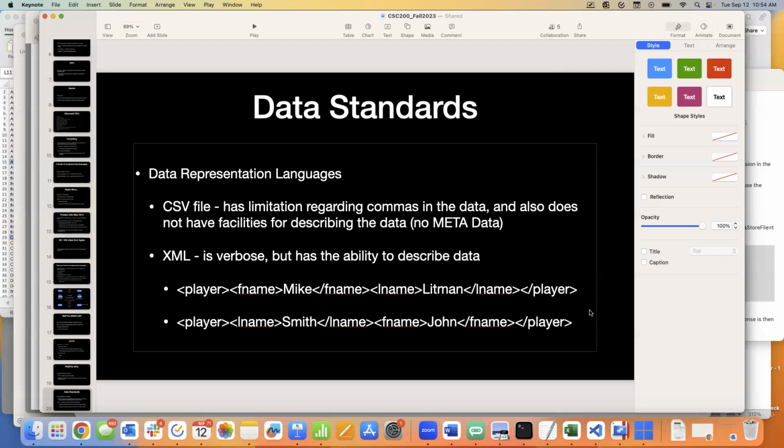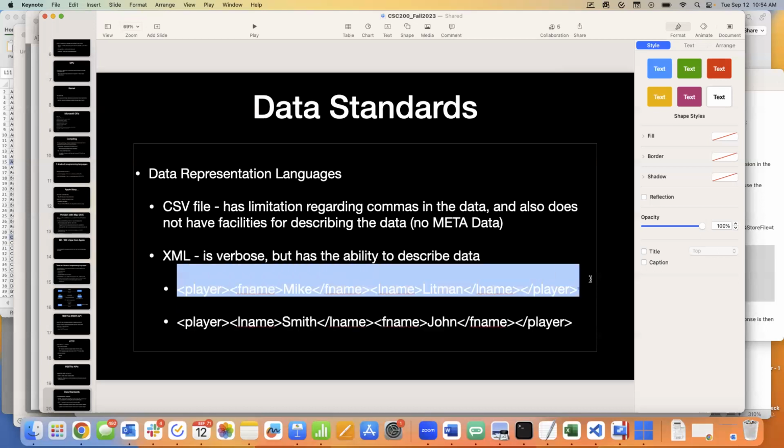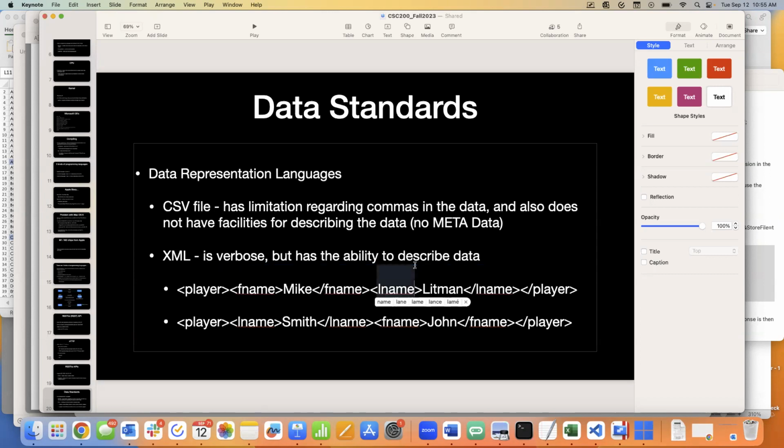Mike Lippman. How much extra fluff is here to get you that information? We've probably tripled our data size, our transmission size, right? At least, we could probably make it way worse than that, depending on the nature of the data we're sending. But in this case, we've tripled, quadrupled it, whatever, just to describe a first name and a last name. Make sense?